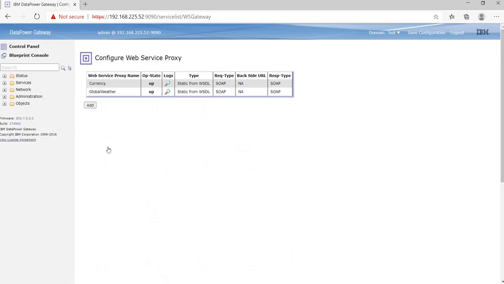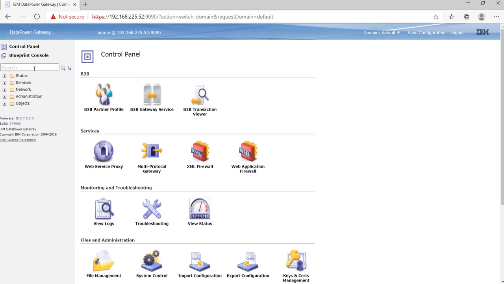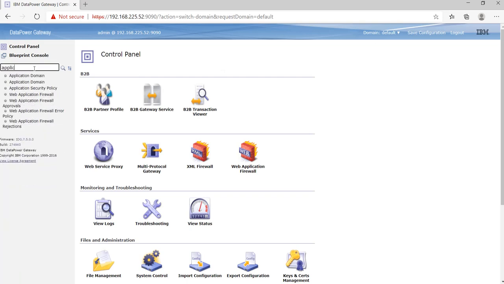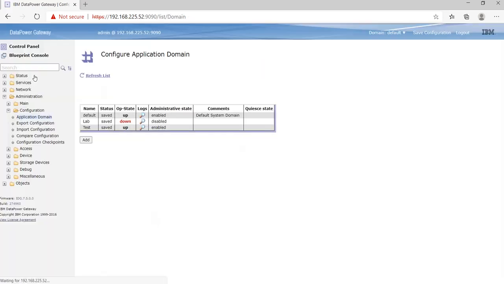So we'll see if we export and import the complete domain, whether we will get all the objects or not. Here we can see that it contains two objects as of now, currency and global weather. So let's see if it will work if we import or export the complete domain. So we'll go to default domain. Here we'll click on application domain, here test.